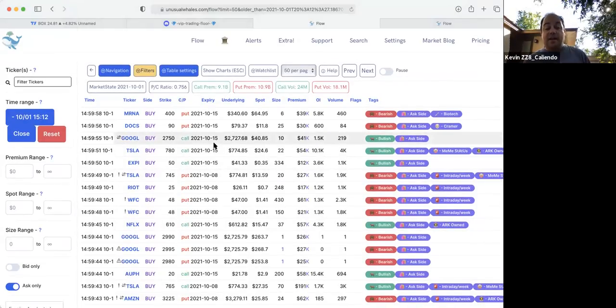I'm not buying $4,000 Google calls, and unless it's a Friday, there's no way I'm playing Google. I'm not quite at that level. So we've got to start to narrow this price down a bit as well. So what